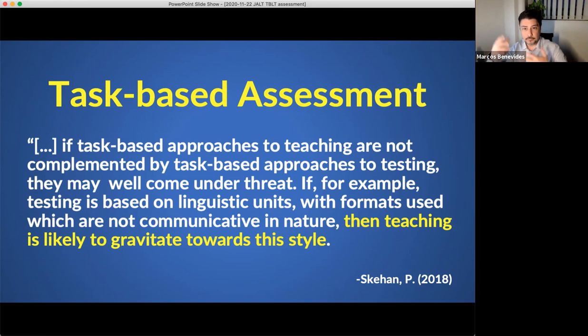You can point to the outcome and say, okay, it's thankful enough, right? If you then assess that letter based primarily on linguistic units or grammar mistakes and so on, then the danger is that the teaching you are doing, the tasks you're setting up, revert back to that kind of grammar and language forms focused instruction. Because of course, students will understand what it is that you're looking for, and they'll start giving it to you. They'll start focusing more on accuracy than meaning, for example.